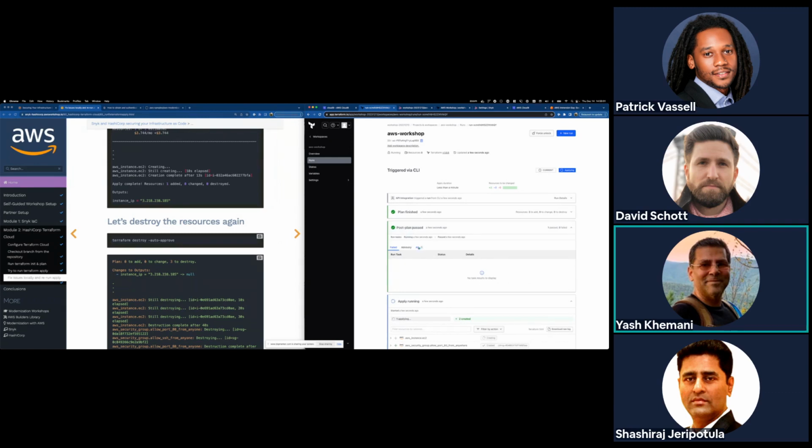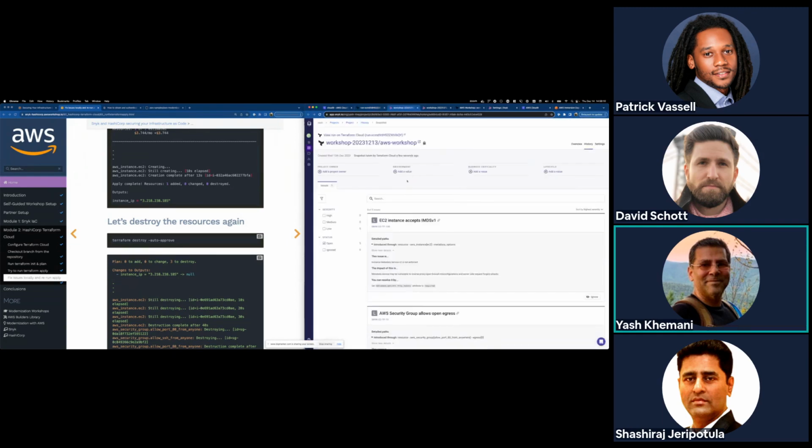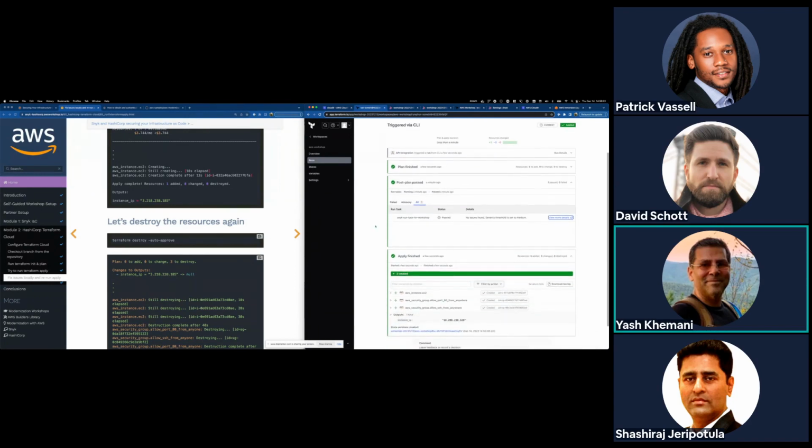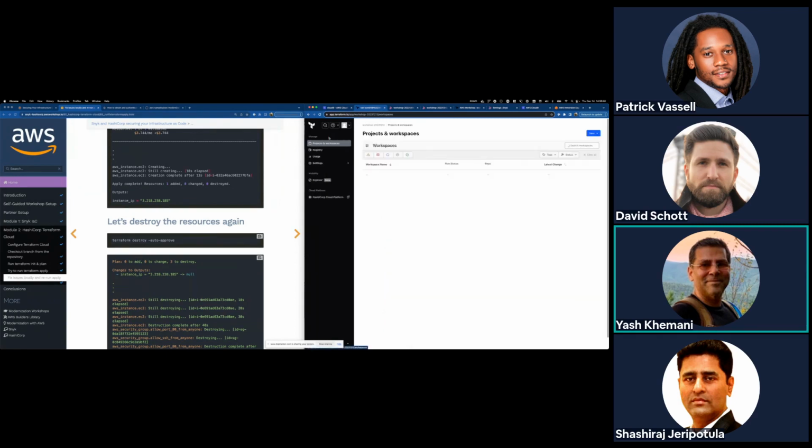I can come in here and look at the details one more time. And I'll see for this, no medium vulnerabilities, no high vulnerabilities this time, which is great. Just the 5 low vulnerabilities, which aren't going to prevent us from proceeding. And our apply finished, right? So we ended up with these instances being stood up. Of course, with the way that I set the ingress rule, I'm not going to be allowed access to this IP. But I'll show you one more thing before we do the destroy, which is how you enable cost